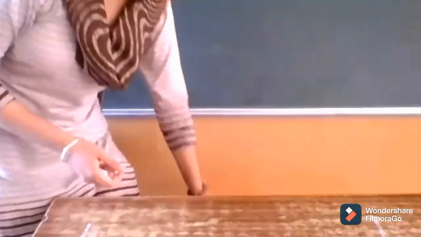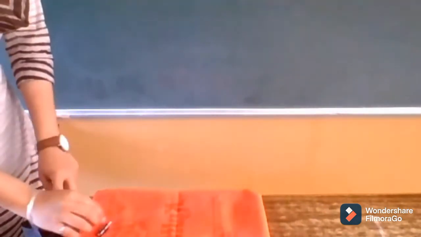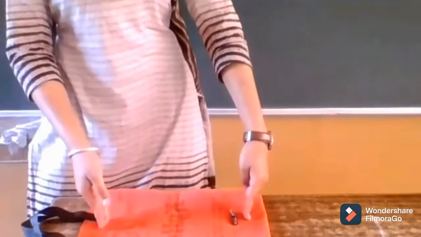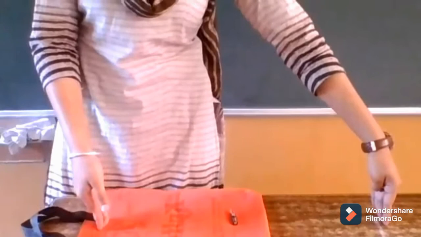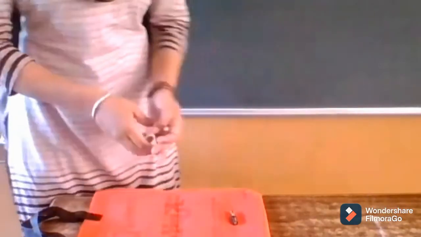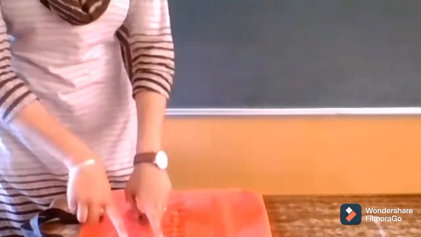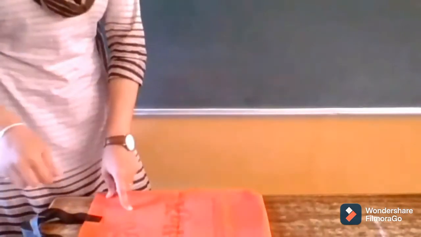Okay, now I will take any type of cloth or a surface that is rougher as compared to this bench. I will push the cell again in the same way. Now you have seen it covered only this much distance, while in the first case it has covered this much distance. So it means this surface is rough as compared to this. There is more friction occurring on this surface as compared to the surface of the table.